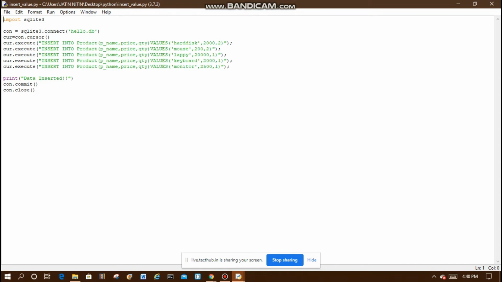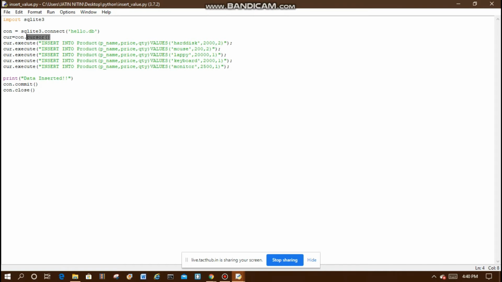So this is the code to insert values in the database that we have made, hello.db. We are importing the sqlite3 library again, and con is going to connect to the database that we have created. cur equals con.cursor. The cursor will move.